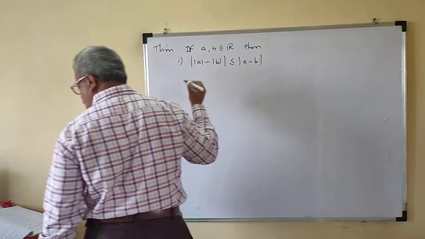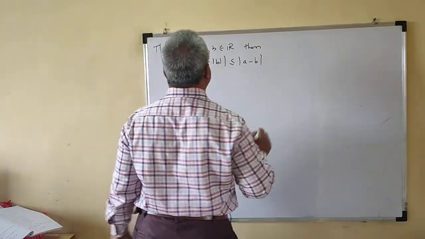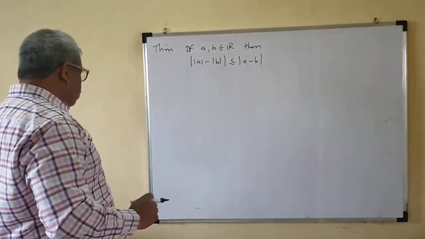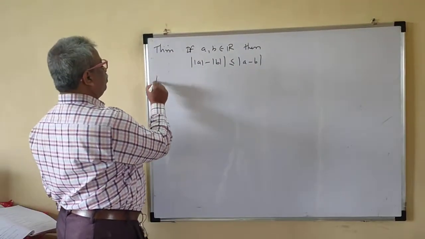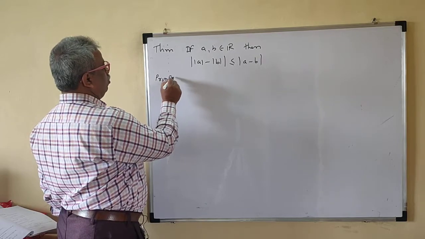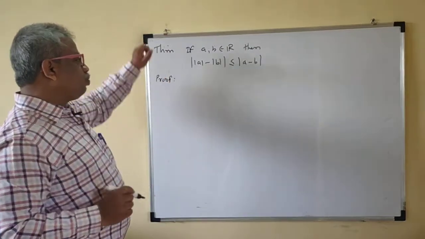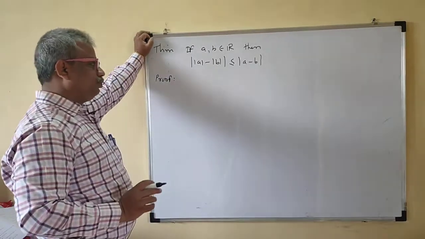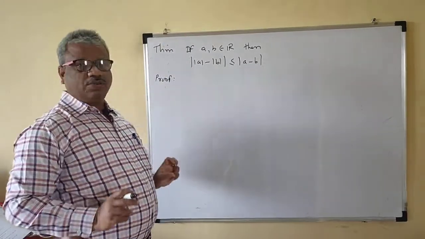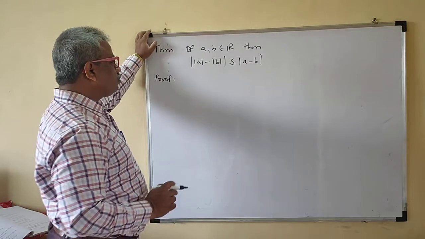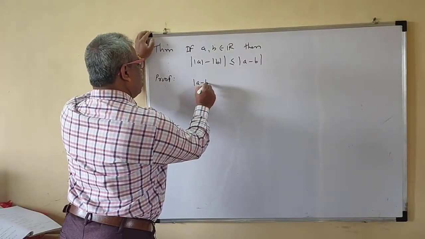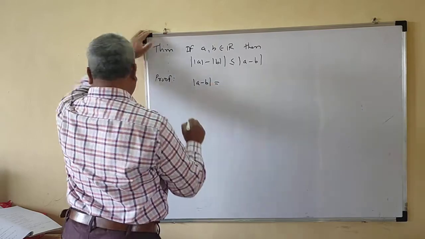And second, okay, so this you have to do. Only this, no. Okay, so proof. So you have to prove this is also okay. So that we will do later on. This is A plus B, also you can prove this one. Okay, so mod of A minus B.